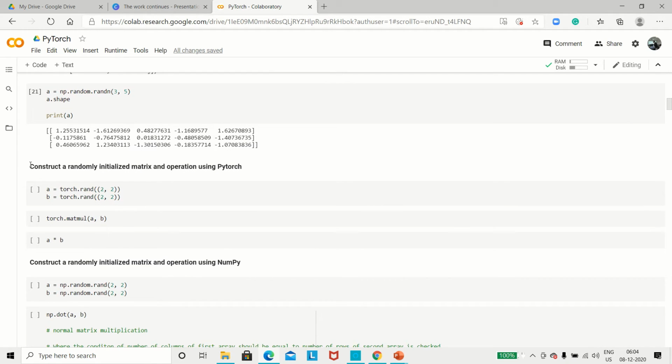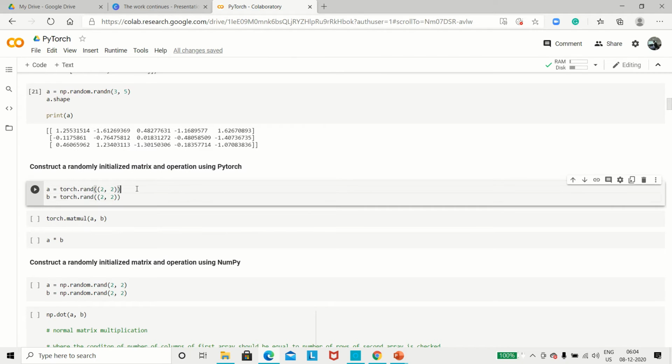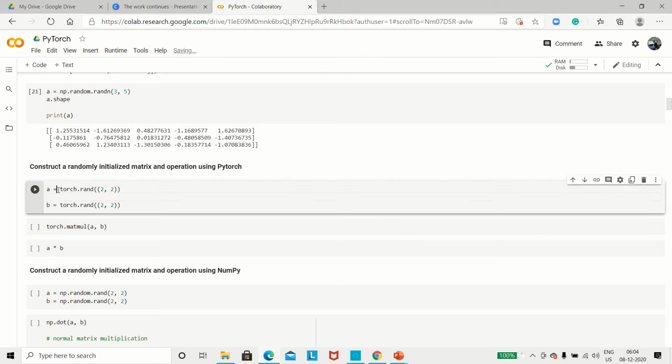Then if you want to construct a randomly initialized matrix, which I have described above also, I want to draw a random matrix using the torch module. So we can take torch.rand. I want to declare a 2 by 2 matrix. Similarly, let's say I have defined another matrix B here, again a 2 by 2 matrix on a random basis. So now we have two matrices, matrix A and matrix B, two variables, variable A and variable B, and in both cases I want a 2 by 2 matrix.